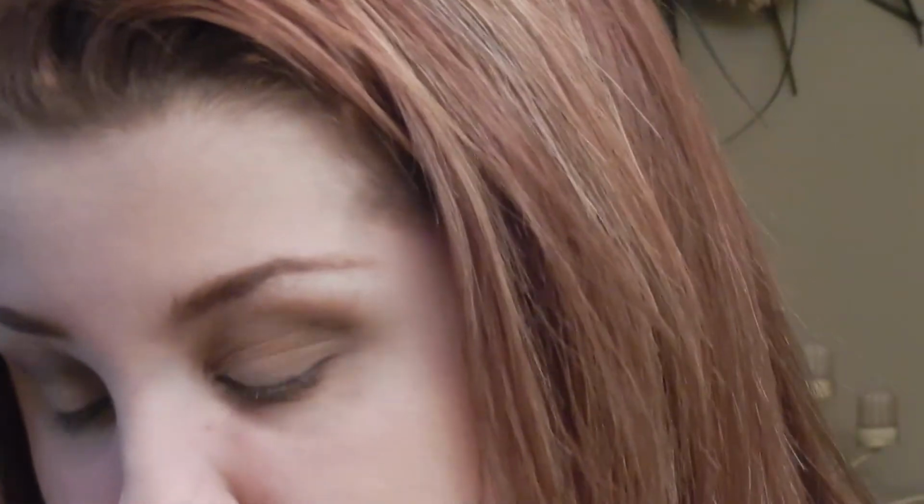So now once we are pretty much done with that, I'm just going to go ahead and make sure I have everything blended out. Okay. So now I'm going to take a flat brush like I told you guys, and I'm going to jump into,